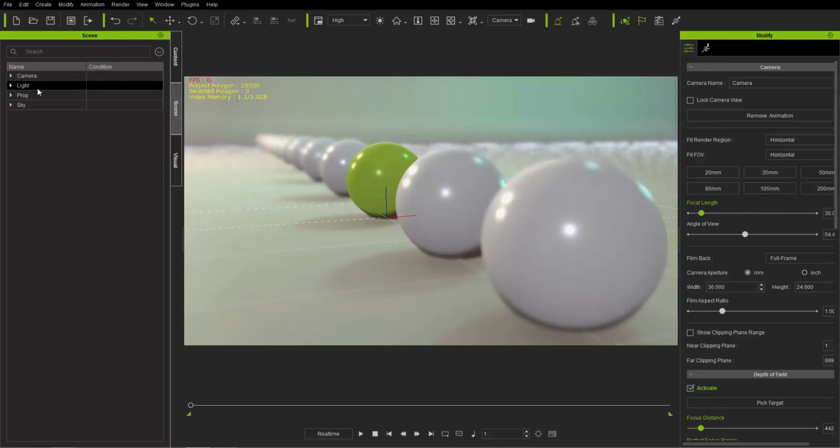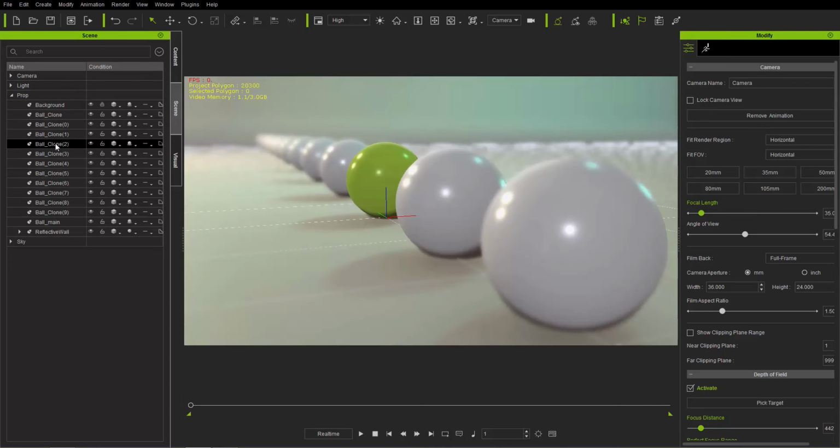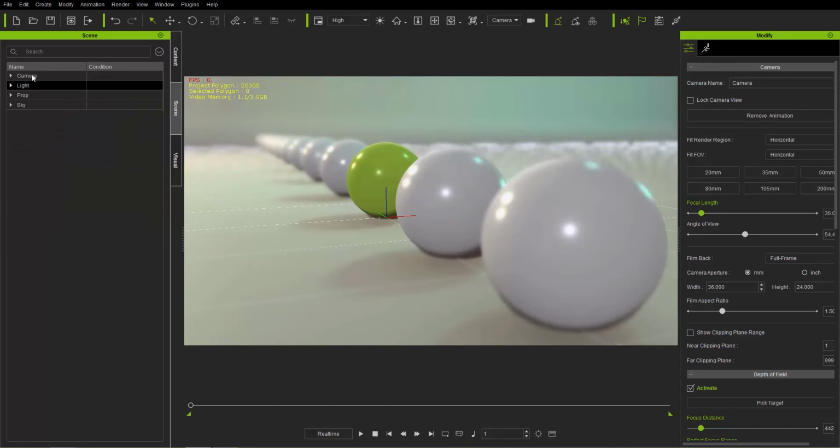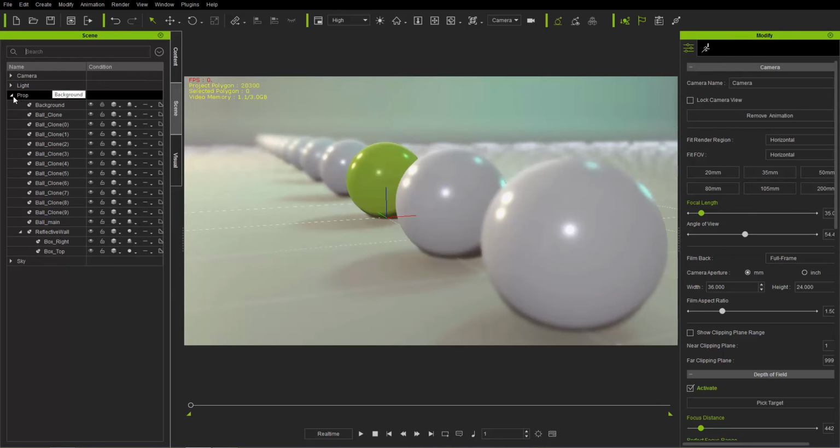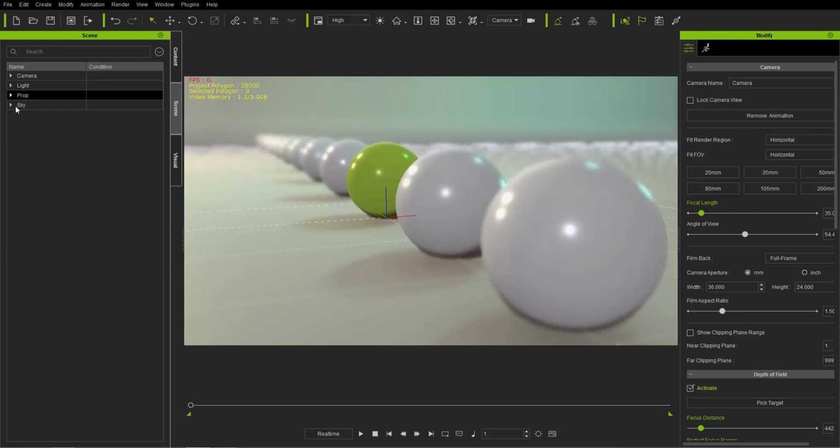And you can also search for stuff as well. So say, for example, I want to search for background. I can just go up here and type in background. Okay, and the background will show up under the props. So the search field can be very useful if you know the name, but you can't find it. You have so much stuff in your hierarchy, it's hard to find.